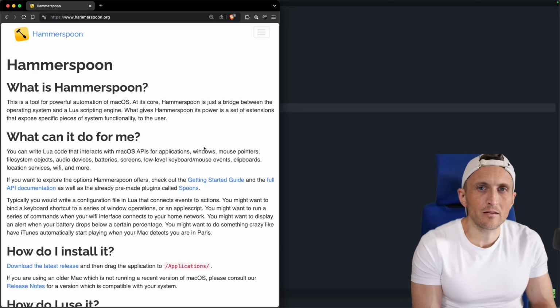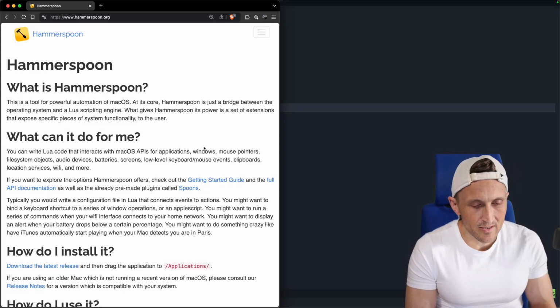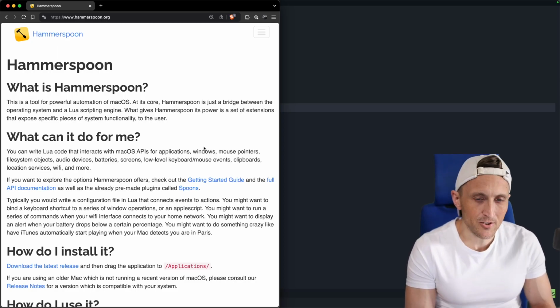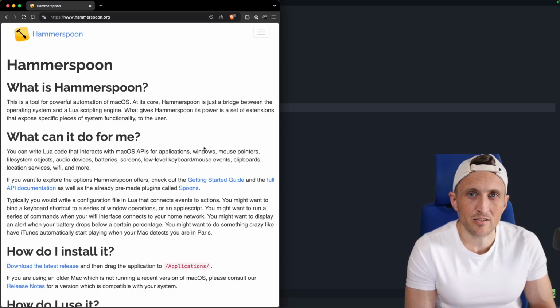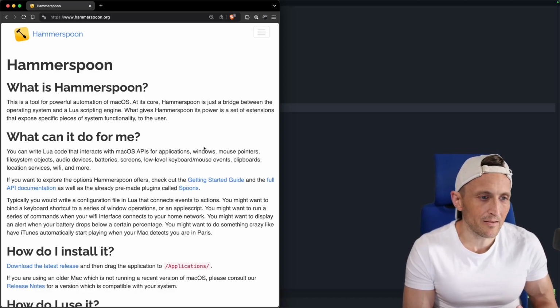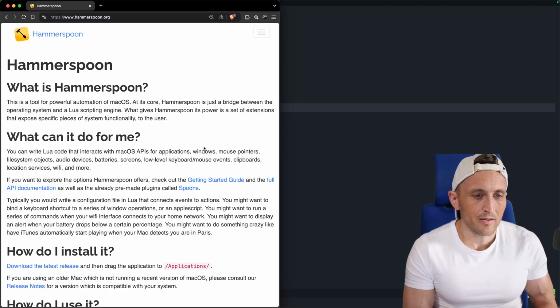So I'd like to talk a little bit about Hammerspoon. What is it? Well, I like to think of it as basically an alternative to something like Keyboard Maestro. A bit different in terms of how it approaches setting up automations, but at the end of the day, you can do things like set up keyboard shortcuts or event-based triggers or other things like maybe a Stream Deck button that can then trigger an activity that can run in the background and do something to improve your environment,